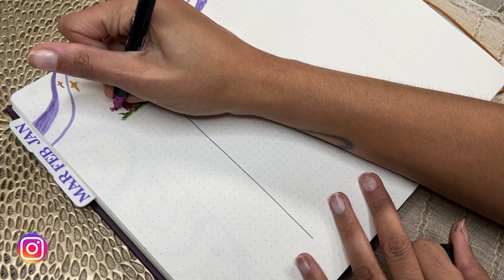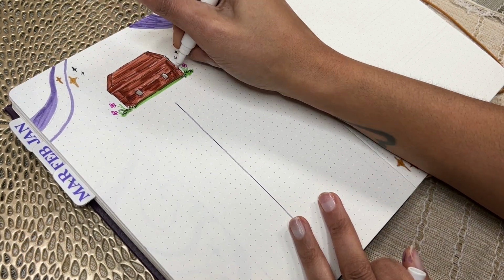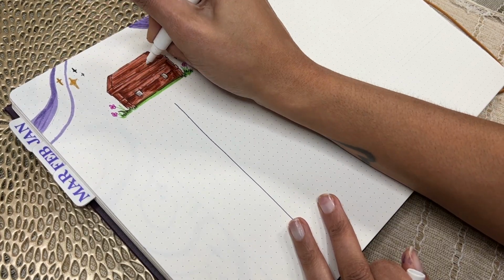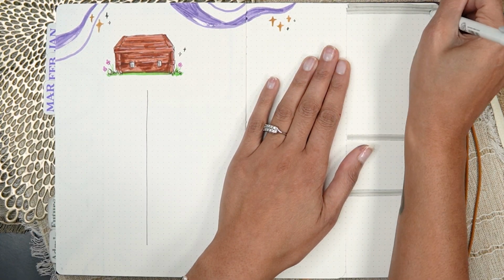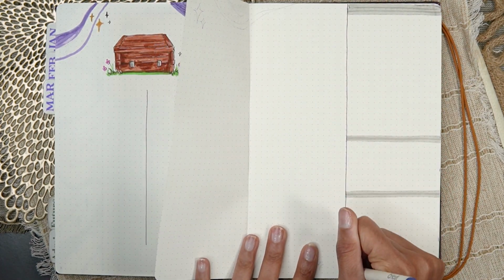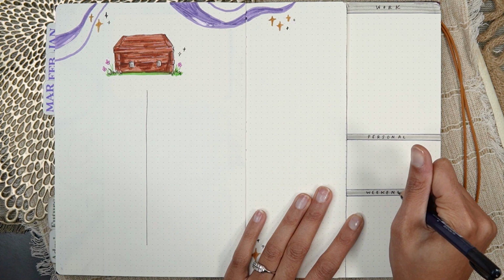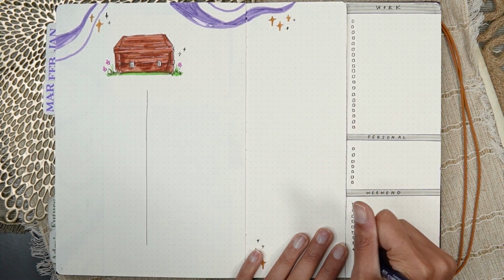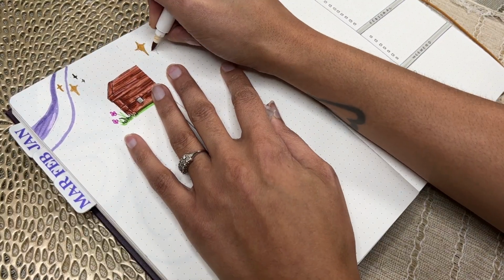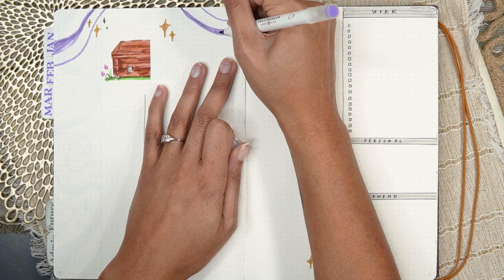But along the top, I've put in another chest using that same coloring technique I've been using throughout. And then over on the other side is where I'll pop in my task bank. This is like a rolling task list that I pull from day to day. I have this split up into 3 sections: work for work-related tasks, personal tasks, and then I have a section for weekend tasks. These are usually like YouTube or Etsy related, since I try to do the bulk of those